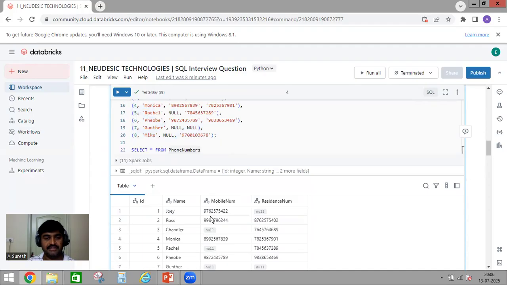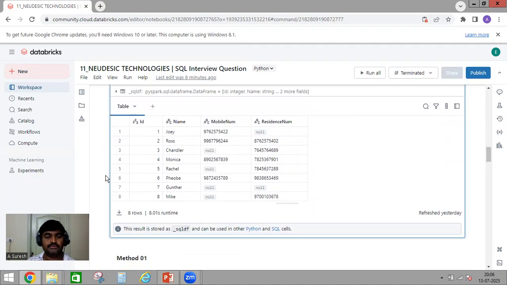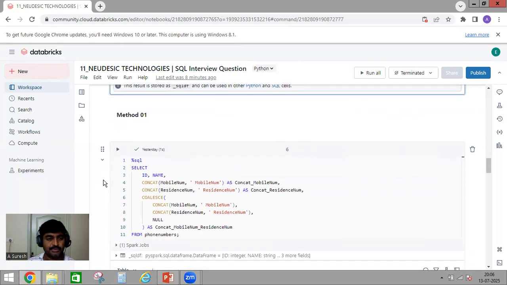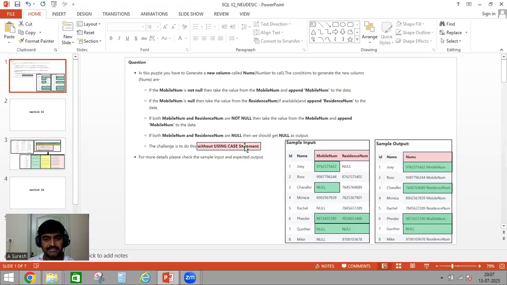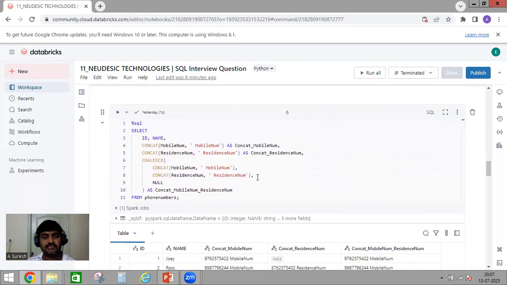And if I run the query, I'll get the table. So this is my input table. To solve this one, I'm going for 2 methods. One is without using the case statement, and the third method I'm explaining is how to do it with a case statement. So in the first method, what I'm doing